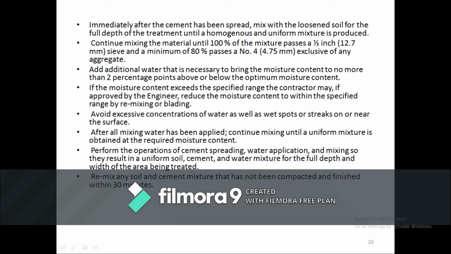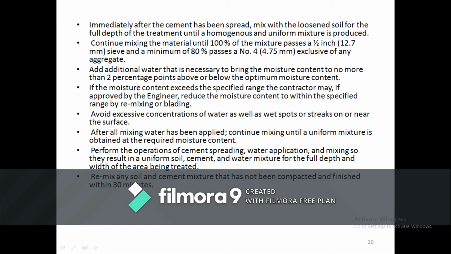So spreading, water application, mixing, and then arranging and compacting, all have to be done continuously so that the full depth and width of the area is properly treated. Remix any soil and cement mixture that has not been compacted and finished within 30 minutes.